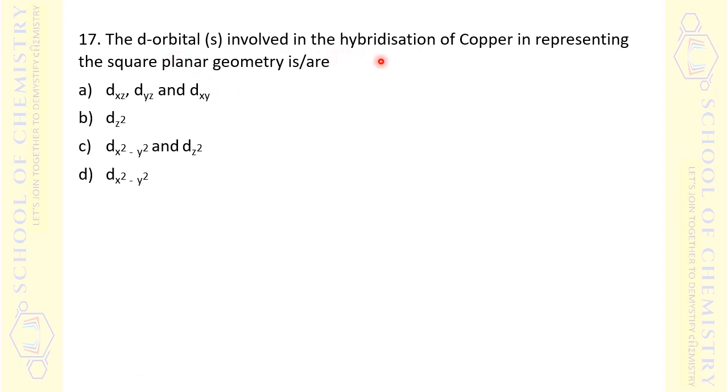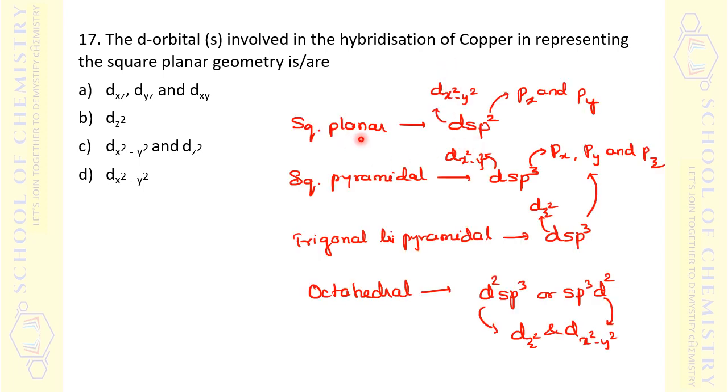The d orbitals involved in the hybridization of copper in the square planar geometry, again related to valence bond theory of coordination complexes. In the next slide, different hybridizations are possible and which d orbitals are used, examples, all those details I will provide. Now, important information: a square planar complex, if you consider, will always be dsp2